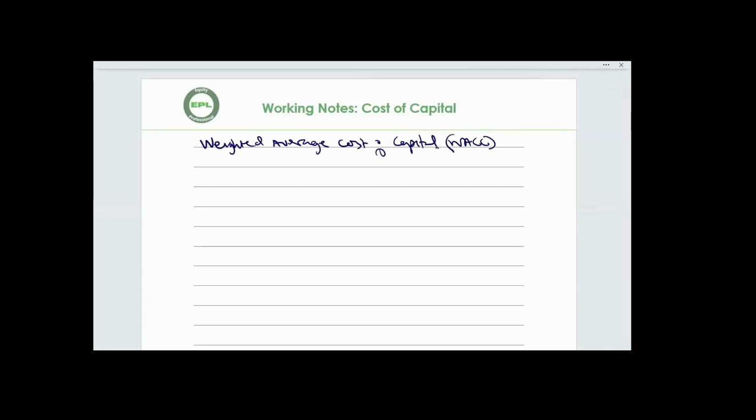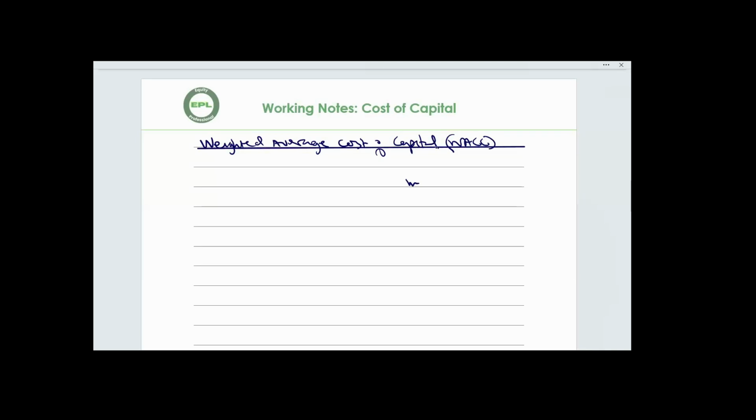You will recall that when we started this class about 2-3 weeks ago, I mentioned to you that there are 3 categories of cost of capital. One is traditional weighted average cost of capital. 2, project-specific cost of capital. Then 3, WACC of the combined activities. Then we started with traditional weighted average cost of capital.